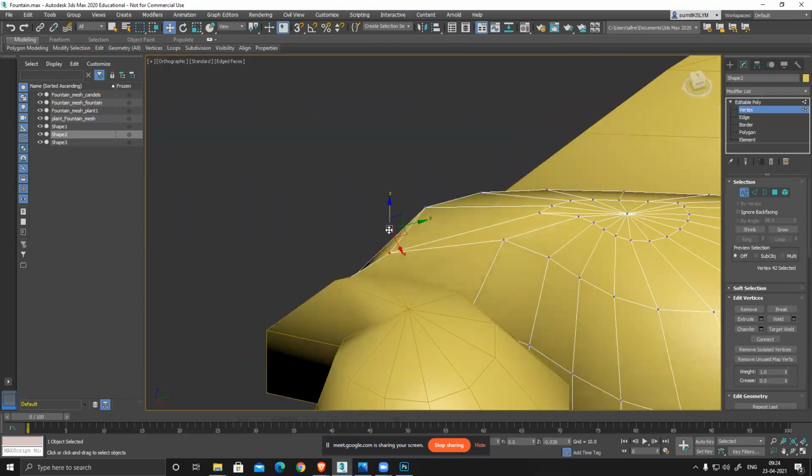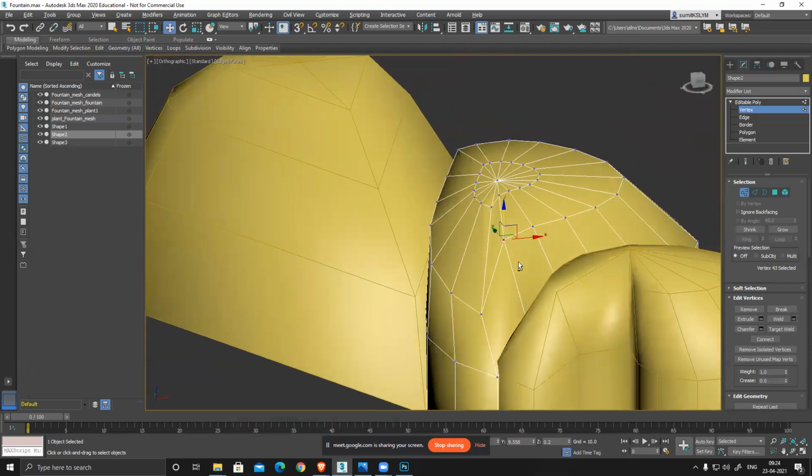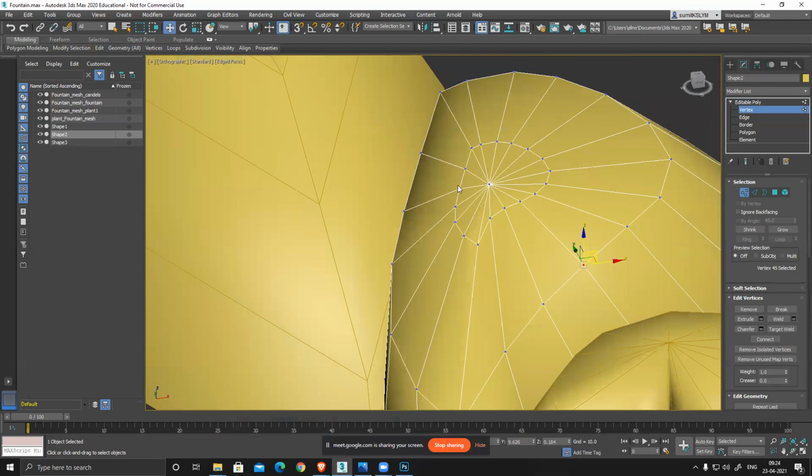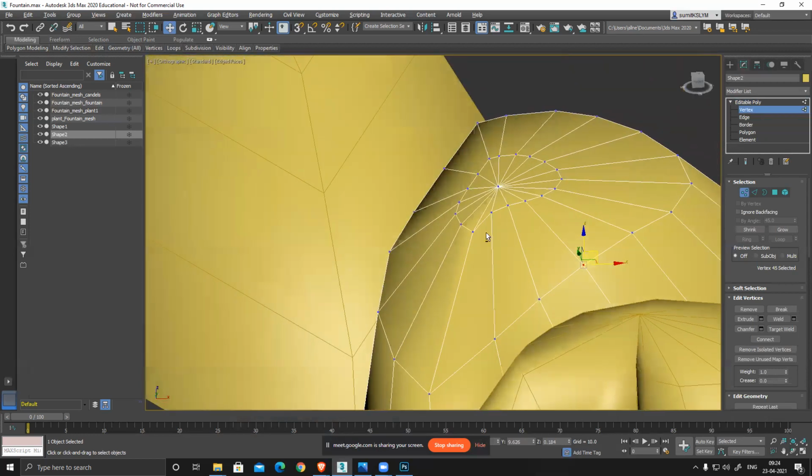If I move it down, I'll get that gradual volume thing very easily. And I feel this is not serving any purpose, but yeah, I can fix it.